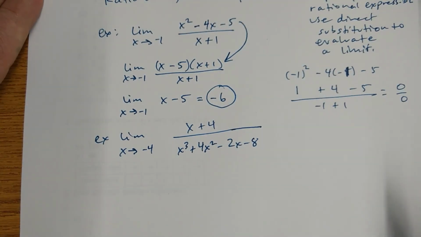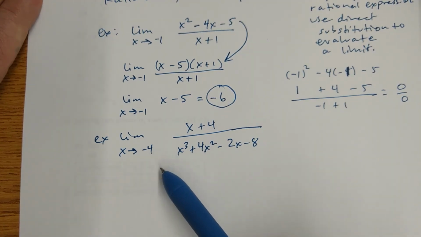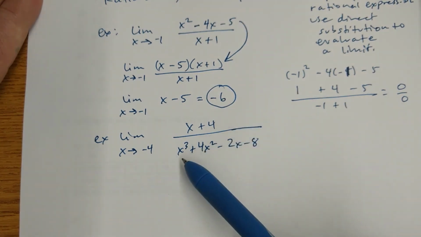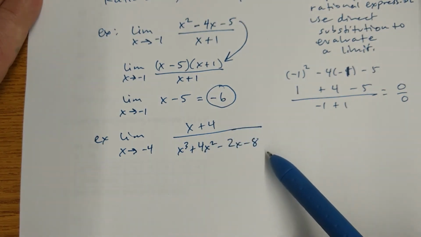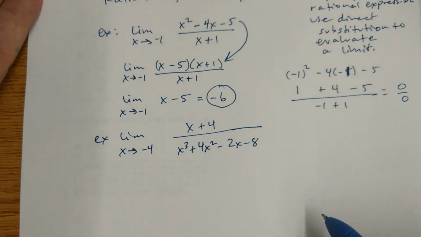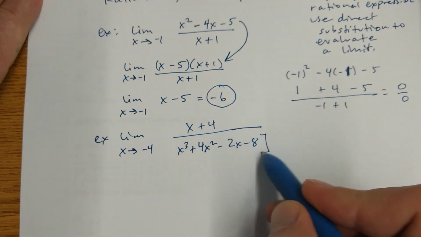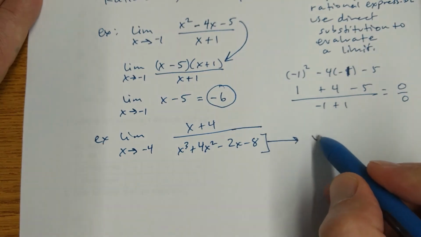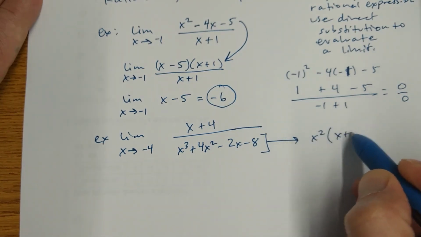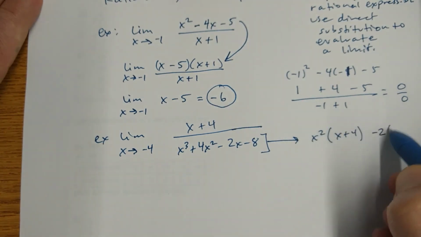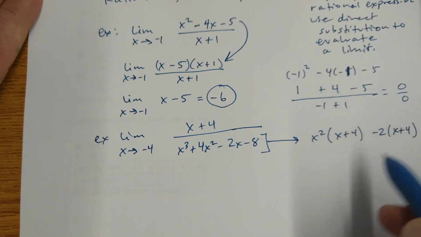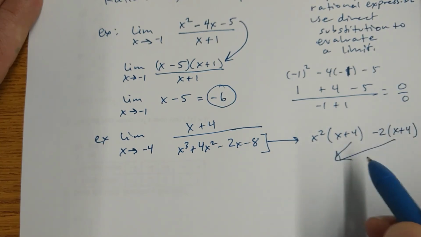Again, we notice that if we use direct substitution as our problem looks now, we'll get 0 divided by 0. So instead, let's go ahead and factor this denominator into x squared times x plus 4, -2 times x plus 4. The x plus 4s will factor out